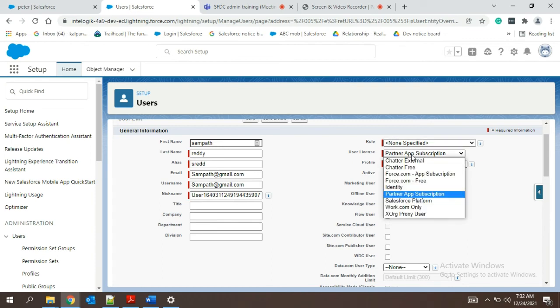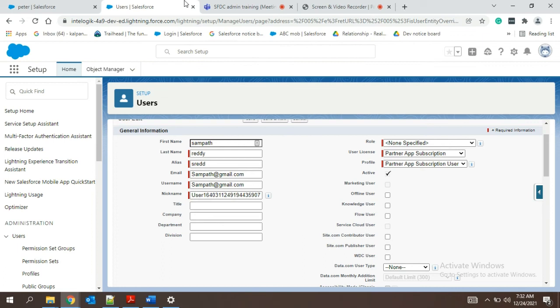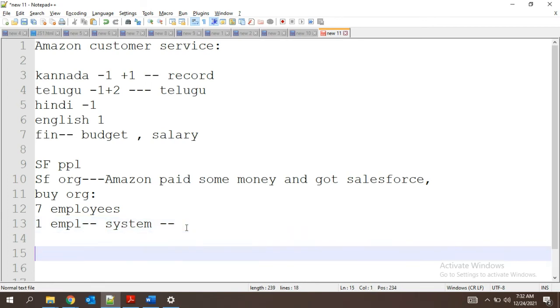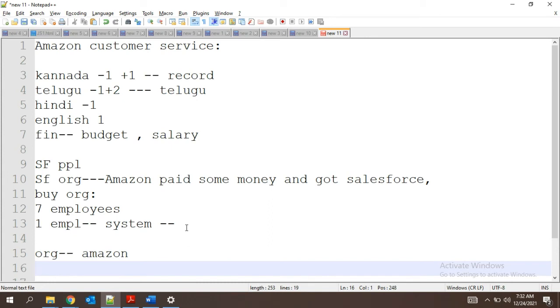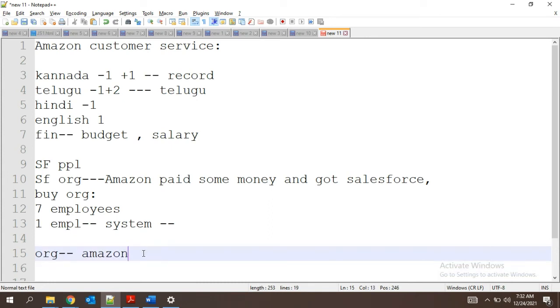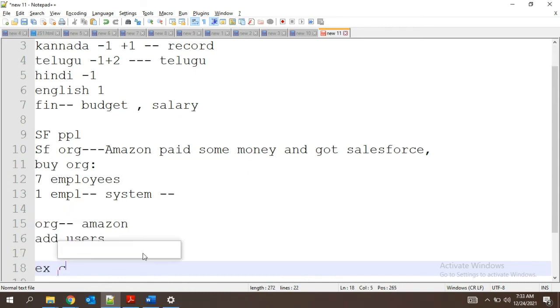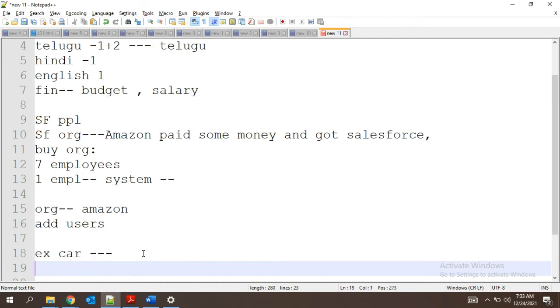So license, you might be thinking, what is this license? Now the organization has been purchased. We got a Salesforce org. Okay, the org is now Amazon's. But even though they have the organization, they will not be able to add users. For example, you own a car, you are the car owner, but you will not be able to drive the car because for driving the car you should always have the license.